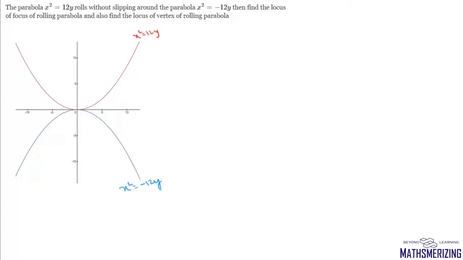Now let us take a very interesting rolling parabolas problem. Now the question is, the parabola x square equals 12y rolls without slipping around the parabola x square equals minus 12y. So this parabola is fixed, and this parabola on the top is rolling without slipping around this second parabola. We need to find the locus of the focus of the rolling parabola, and also the locus of the vertex of the rolling parabola. Now these two parabolas are mirror images of each other